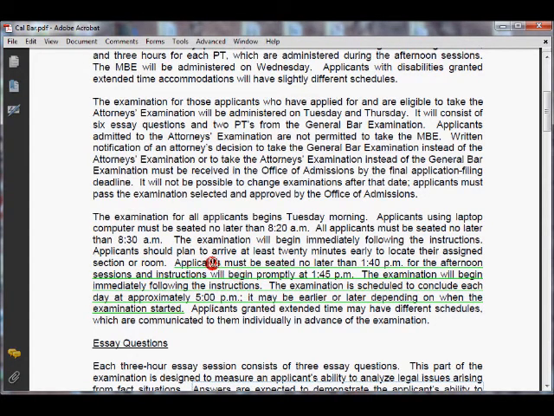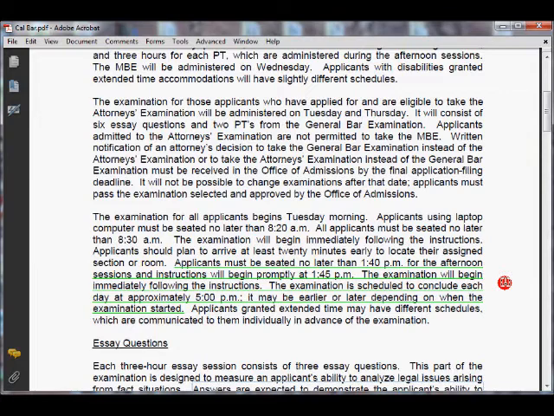And you'll also notice that applicants should plan to arrive 20 minutes early to locate their assigned section or room. In other words, arrive at 8 o'clock. And then you see here what I've underlined, the lunch session begins at 1:40 p.m. in the afternoon. So this means that if the bar exam gets you seated at 8:30, they read the instructions for 5 or 10 minutes, you're going to start at about 8:40. 3 hours from there is about 12:40. So if possible, try to gear your lunch break right about there, 12:30, 12:40. Take a 1-hour lunch break, start up again at 1:40.